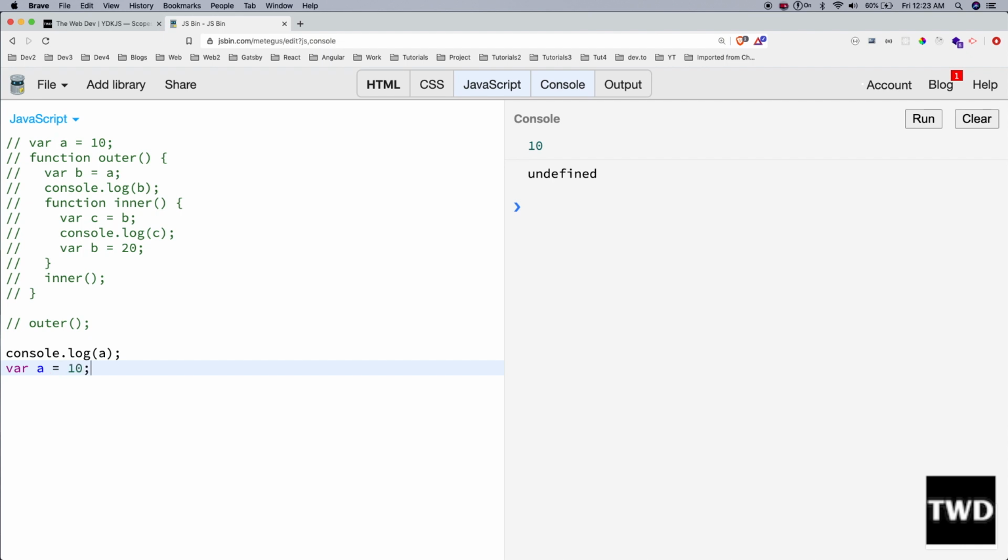This again happens because of the compiler and the interpreter step. When the compiler runs, it ignores this, then comes here. It will have a var a at the global scope, but it doesn't have a value yet. And when the interpreter runs, it will also come from the top, and it will print a, which will be undefined.